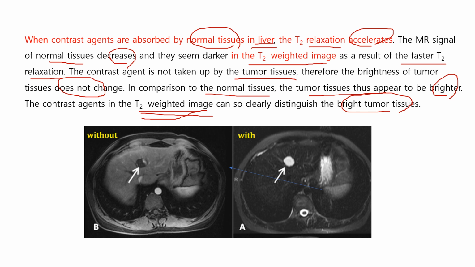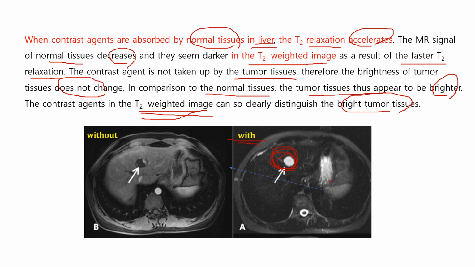But the cancer tissue cannot absorb contrast agents. So the brightness of the cancer tissue does not change. So you can see here, tumor tissue, brightness of tumor tissue does not change